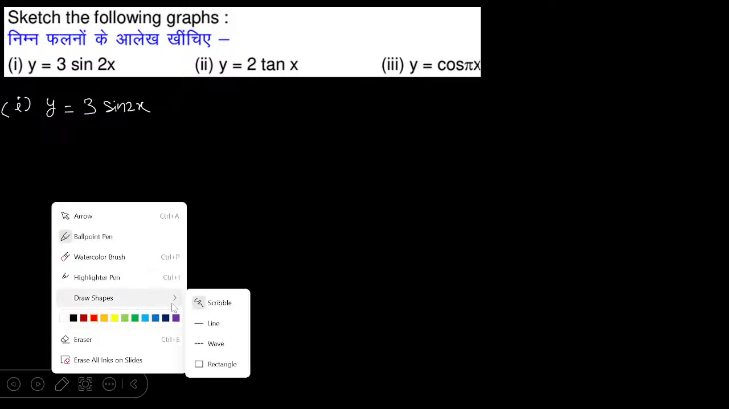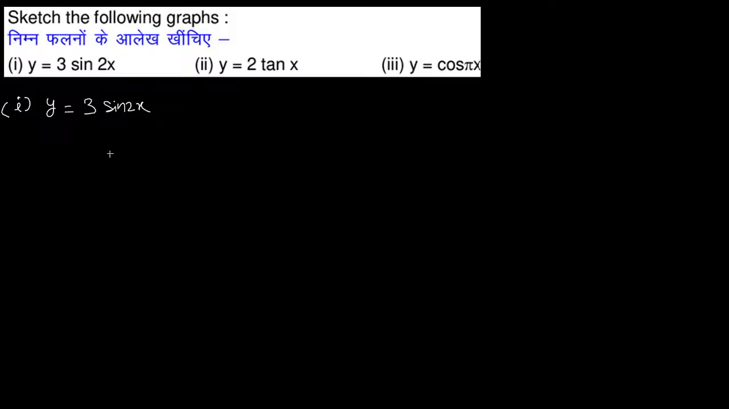अब हम कुछ ग्राफ पर आते हैं। ये है y = 3 sin 2x। तो अगर इसका ग्राफ प्लॉट करें, तो इसका ग्राफ प्लॉट करने पे कुछ इस तरह का होगा।